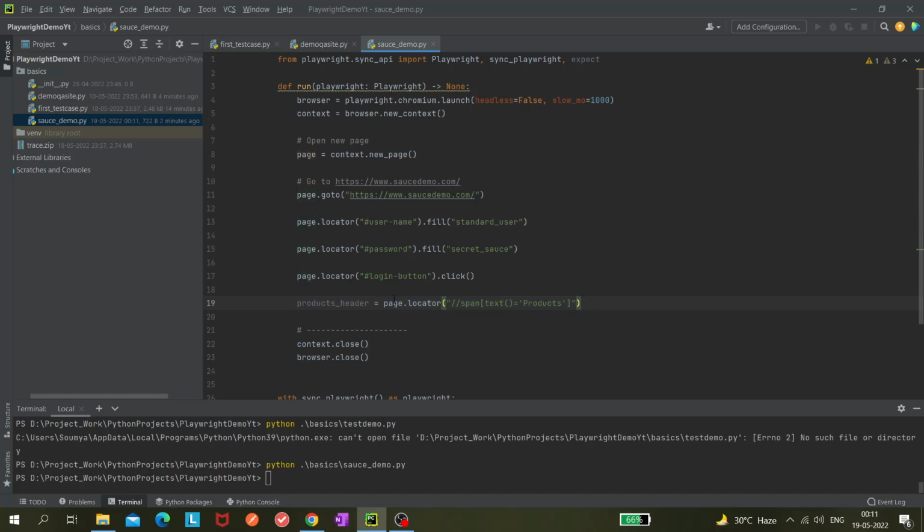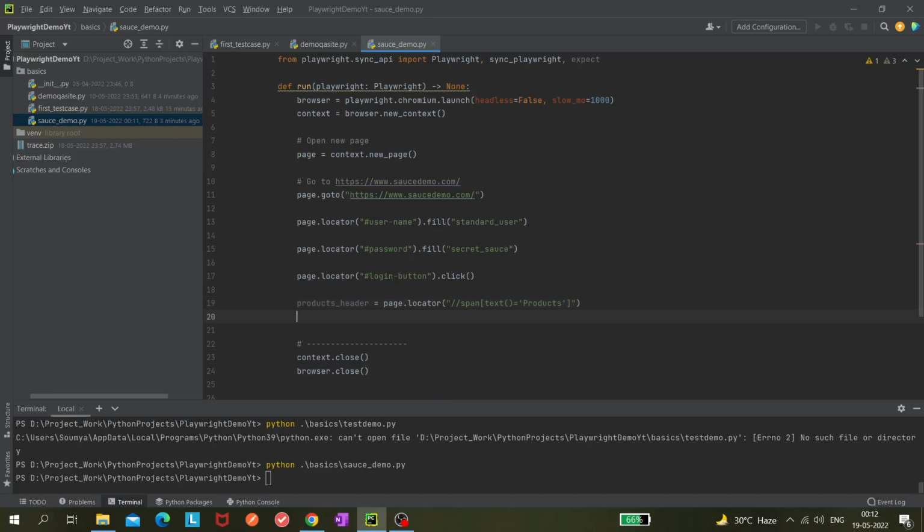This is almost similar to what you'd do if you're coming from Selenium: driver.find_element, where you pass the locator, which returns a web element, and it is stored here, right? So this is almost the same, though syntax wise it is different.